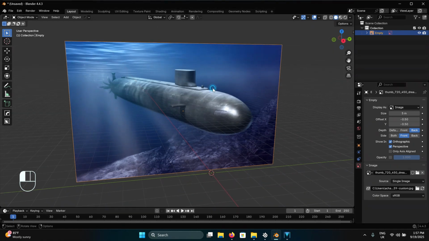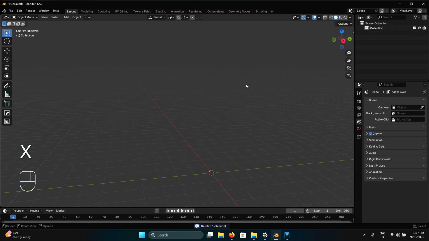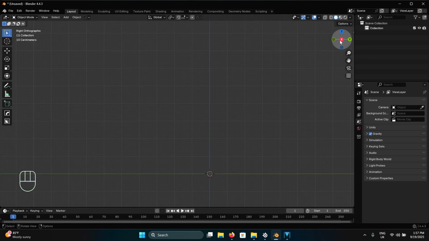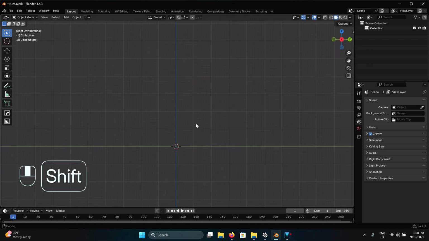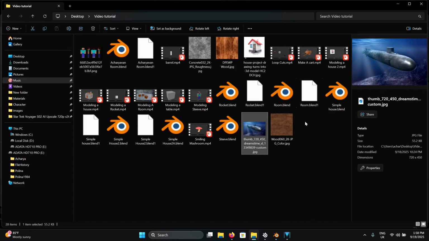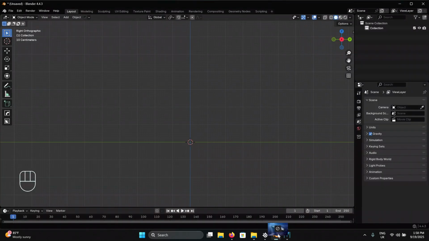The way you can bring it into Blender here, we'll just do that right now. Clear everything from the screen, so just press A and then X to delete everything in the screen. Then press X on your little gizmo up here, so you're in the X viewport. And wherever you downloaded your submarine image, just navigate to that directory and then click and drag it right into